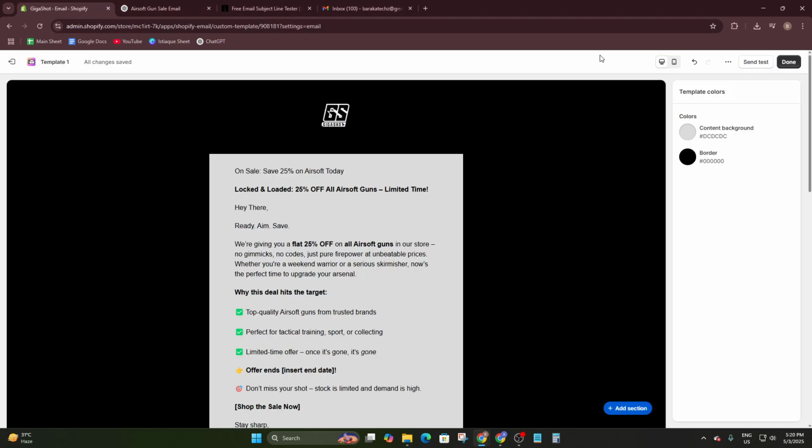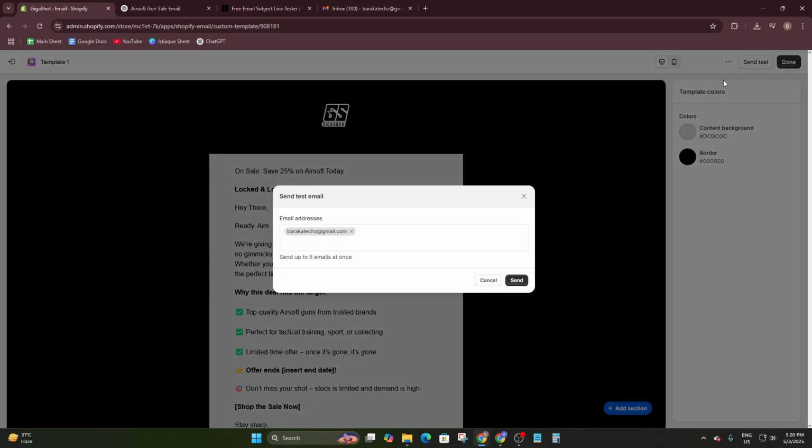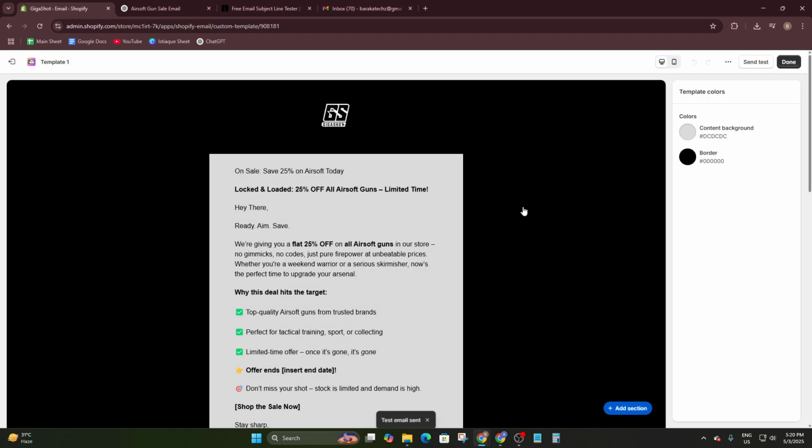So that's how you can just customize it. You can simply click on done button here, and you will get that here. So you can send a test mail here, test, and you can add it, like I'm going to add it. And enter, and you can send it. So that's how you can send that email, and that's pretty much all how you can add email